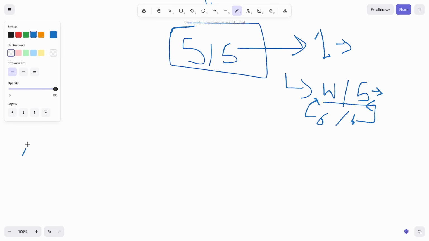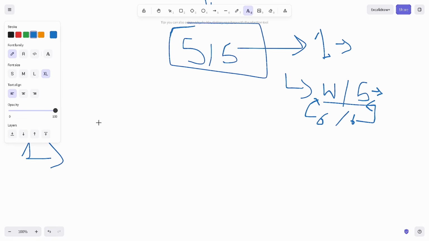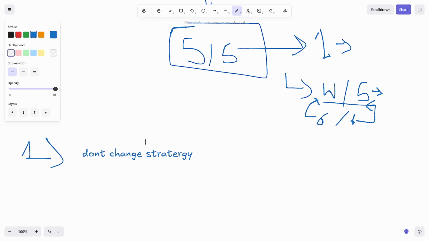So first of all, keep in mind: don't change your strategy. Let's suppose I pass this account with one strategy that makes me pass phase 1 and phase 2, which means I am profitable and have the ability to make 8% on phase 1 and 5% on phase 2. That means I can make payout or profit on my live account. But if I change my strategy after a losing streak, let's suppose I opened some YouTube video, I saw that guy is winning in this market condition, I just changed that strategy, and maybe I am not able to perform